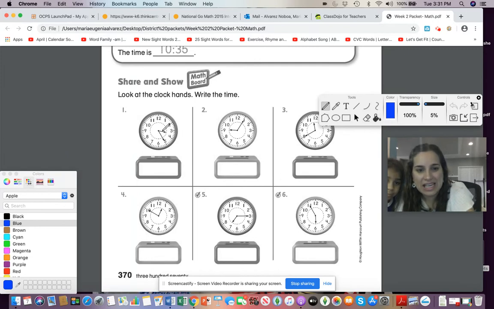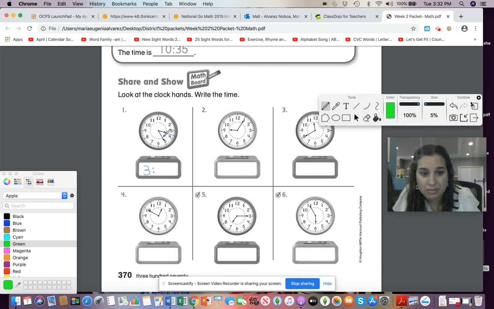Okay, so I see that the short hand right here is not on 4 yet. It's halfway through 3 and 4, so that means it is 3 o'clock. Yep. So I'm going to write 3, nice, and then 2 dots because that's how you separate the hour. And now I'm going to write the